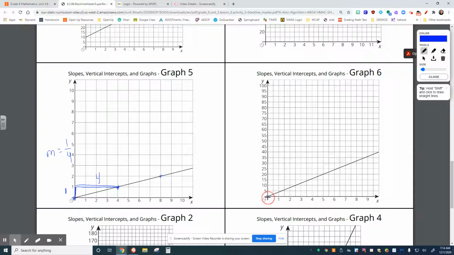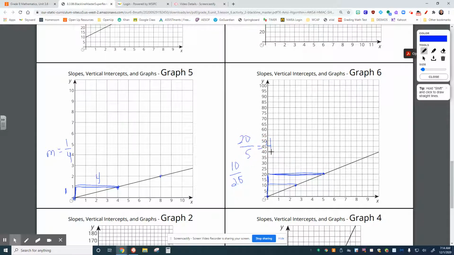We'll start here at 0, 0. We'll follow our way up here. This is 10, 2.5. I'm going to keep going. Let's see right here. That one's not it. Rise 10 over 2.5, that's not very friendly. So I'm going to go to the next one, 20 over 5,